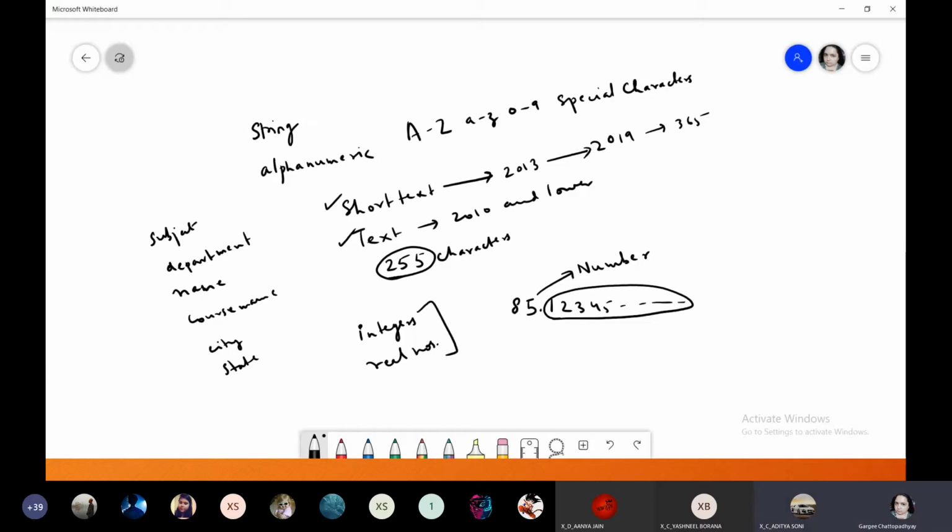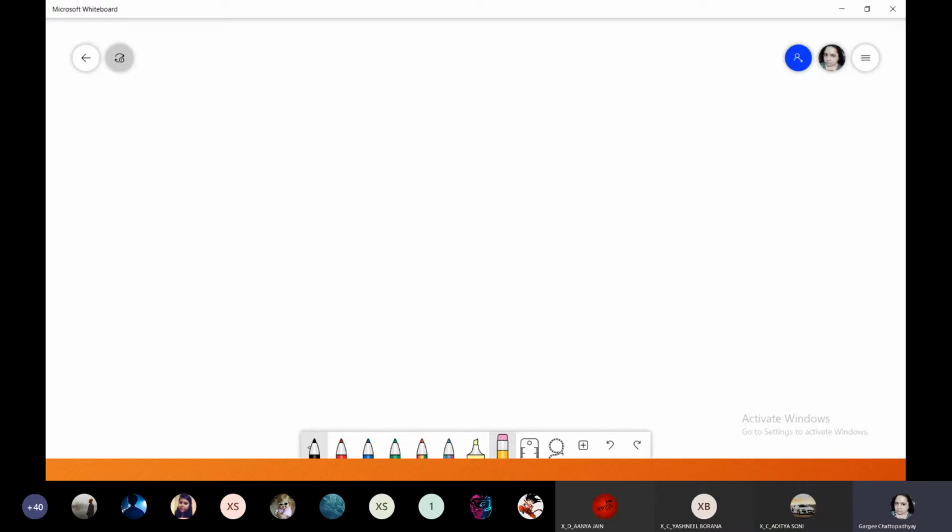Ma'am, integers are the numbers which are having either positive or negative power. They can also be in decimals and whole numbers also. Dear, you have got it wrong. Okay, make one change. You said correct about positive and negative.